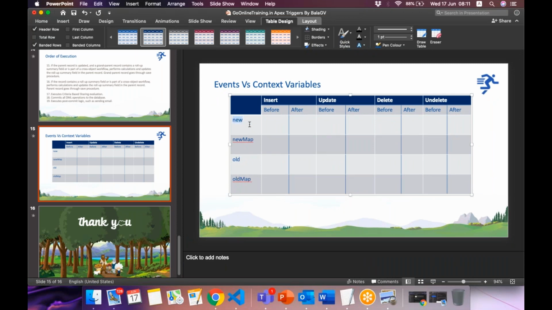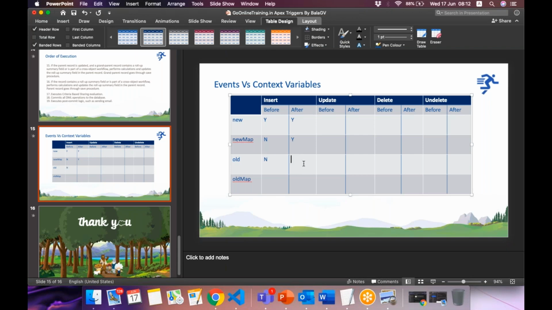So new will be available. I say yes if available, and no if not available. So Trigger.new will have value before insert and after insert. Trigger.new map will not be available before trigger, will be available after trigger, right?